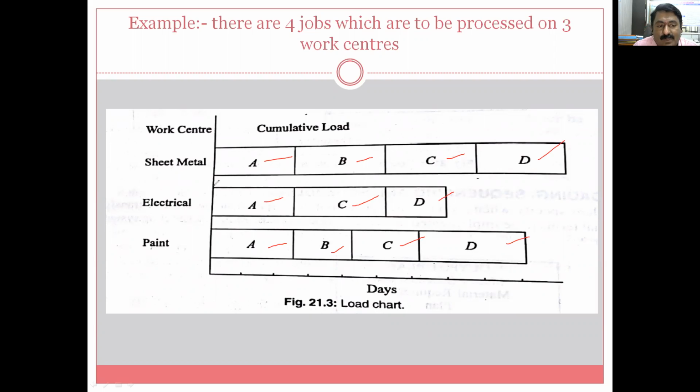So you can come to know that for the sheet metal, let us assume that a 10-day schedule is there for this particular sheet metal. Then this may be 9 days, and this may be 6 days. So the electrical work center is busy for 6 days, the sheet metal is scheduled for 10 days, and paint is scheduled for 9 days. This is just for simplicity. It may be for 1 month. If you take a look at the chart, you will come to know.